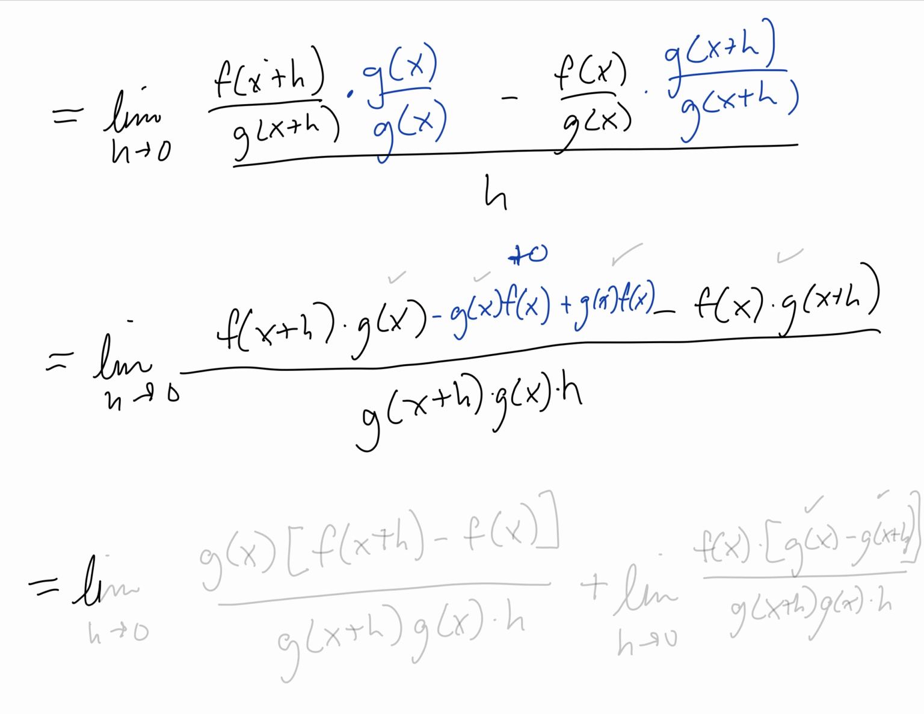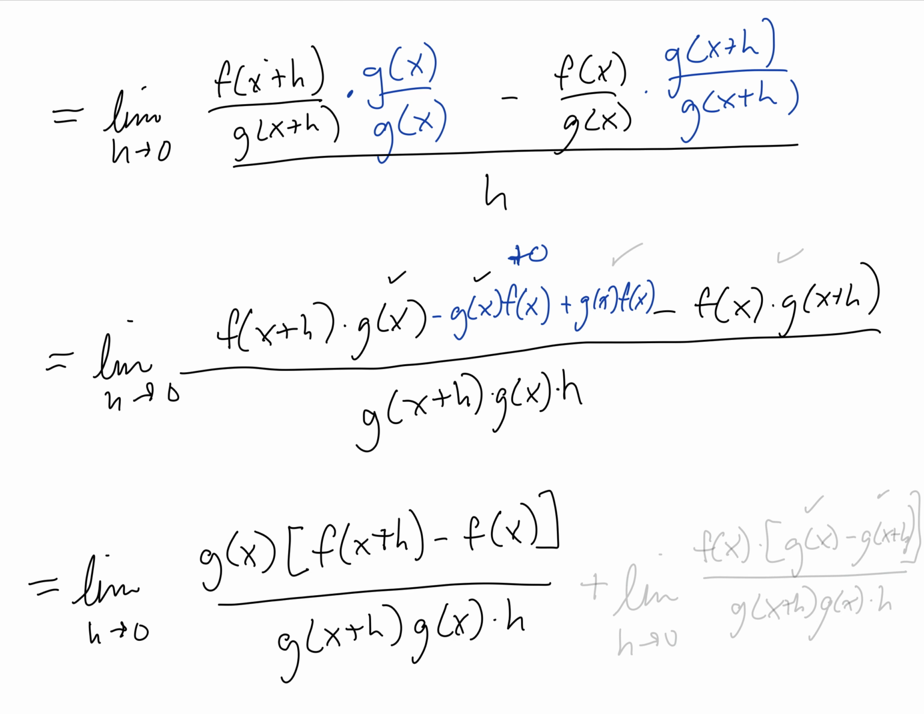That's equal to the limit as h goes to 0 of, all right, so we've got g of x times each of those things. So this is g of x times f of x plus h minus f of x, all divided by g of x plus h times g of x times h. So that's sort of the first half of what we've got as a fraction,